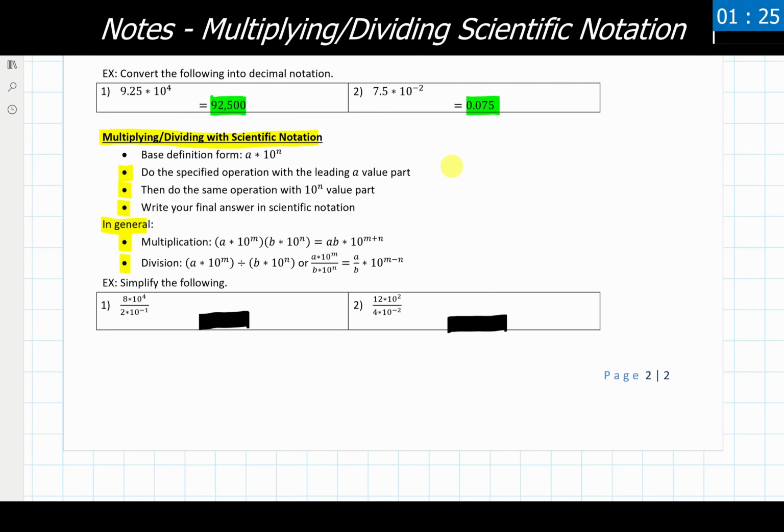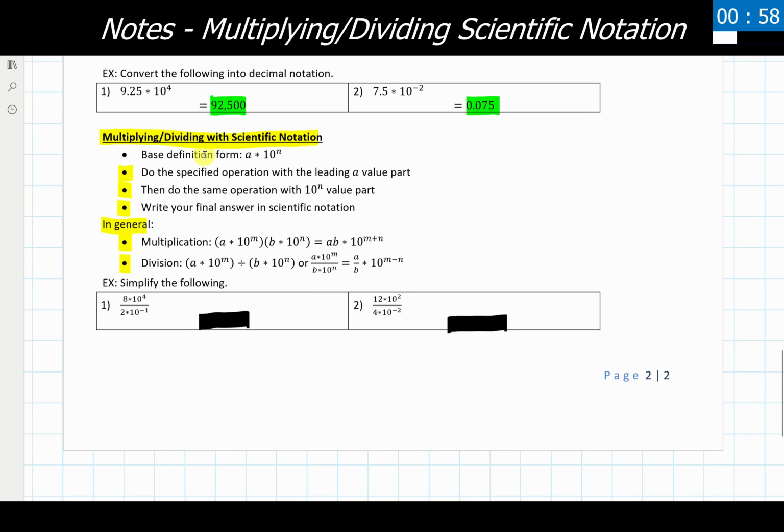Our final part in this video today has us working with multiplying and dividing scientific notation numbers. Now I'm going to specifically look at and show 2 examples of division with scientific numbers because I think this one is a little bit trickier to wrap our mind around and visualize how we get to the example. The multiplication one is very straightforward, as the parts here would suggest.